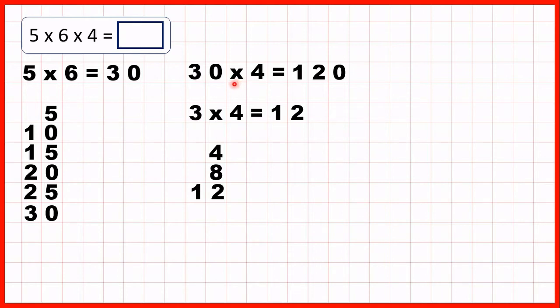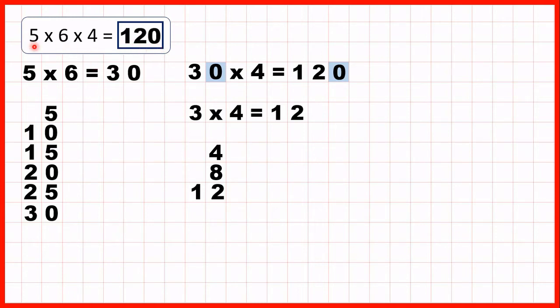If we have a multiplication and we have one end 0 in our question, one number with a 0 on the end of it, then we know that our answer will also have one end 0. So if you look at what I haven't highlighted, we have 3 times 4 is 12, and then because we have one end 0 in the question, we have one end 0 in the answer. So our answer is